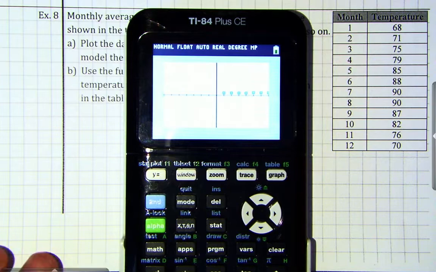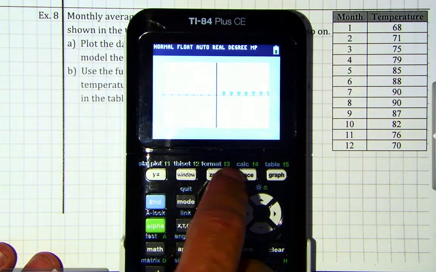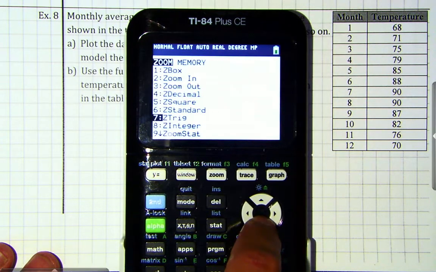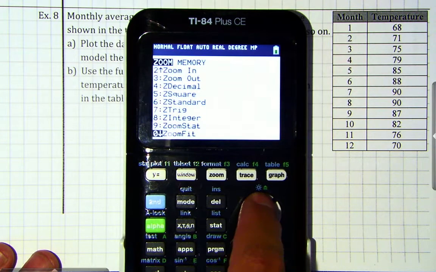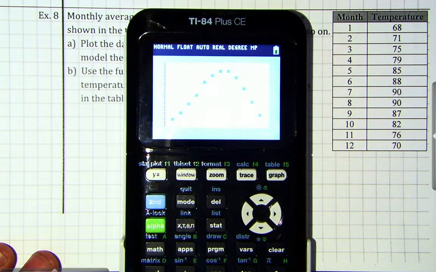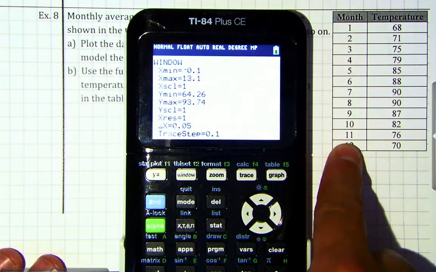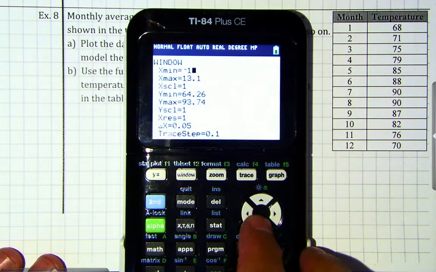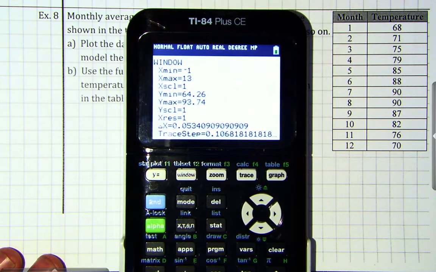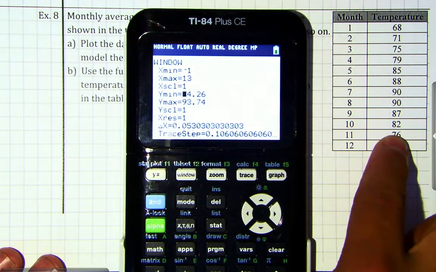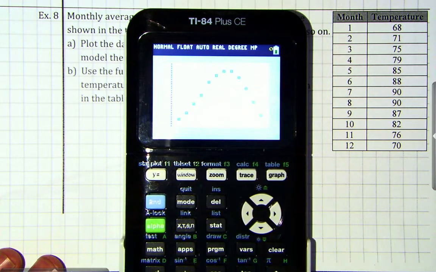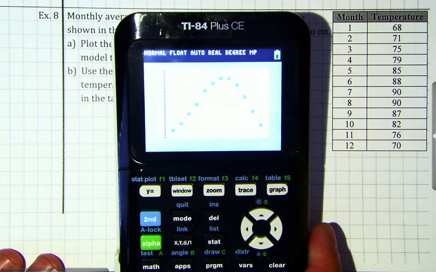So let's adjust your window, and we're going to do a manual. Sometimes if I go zoom and then I go into zoom stats, actually, zoom stat will do it for you. So that's a nice little function. Otherwise, you can go into window and then just adjust. Maybe we want it from -1 to, let's say, just 13 should be fine. Smallest value is 64 all the way to 90. So notice that gives you just a bit more, which is perfect. Now that I have those graphed and I can see the points,